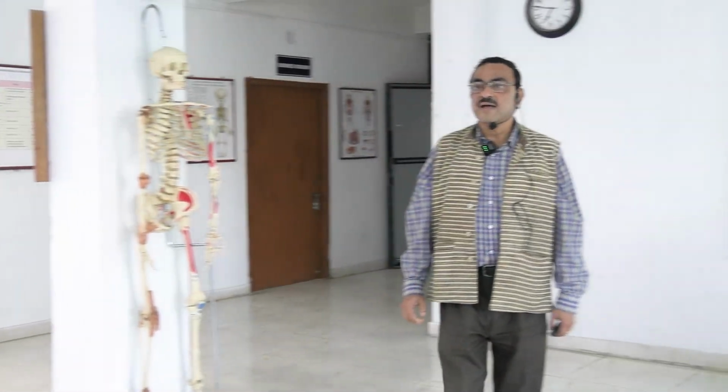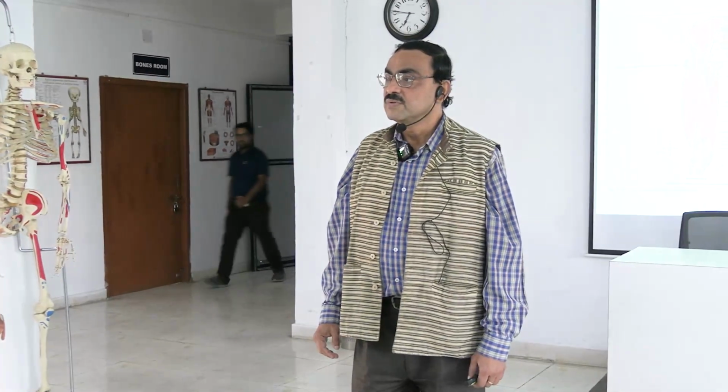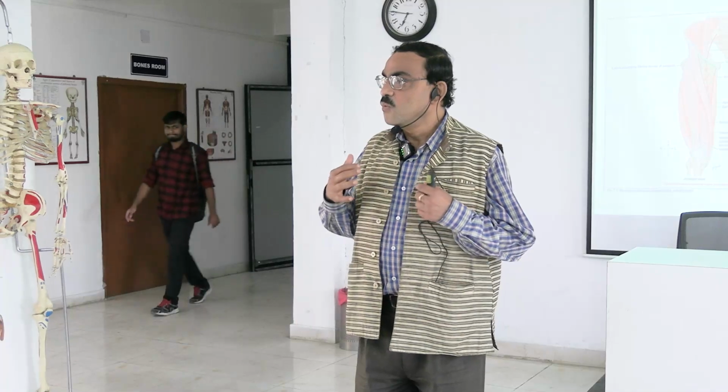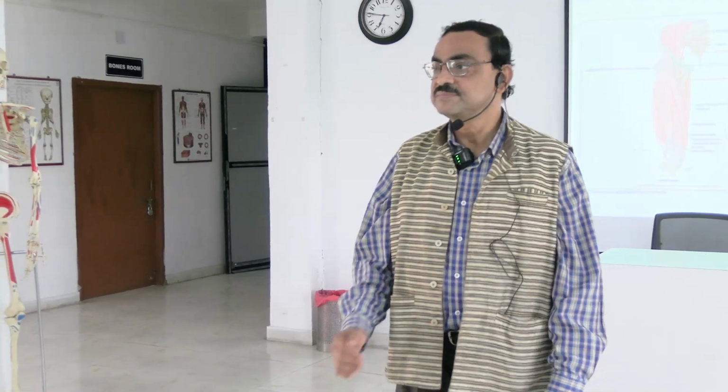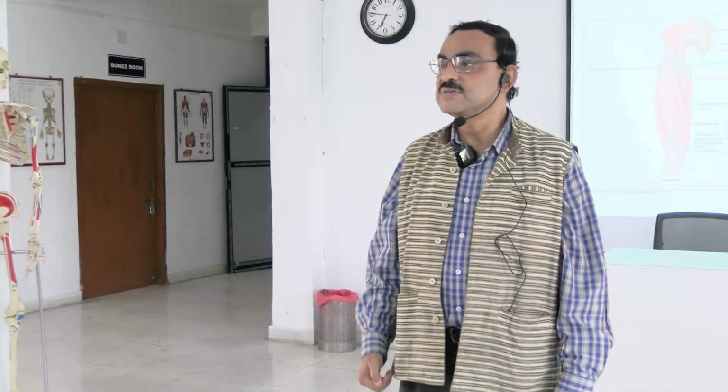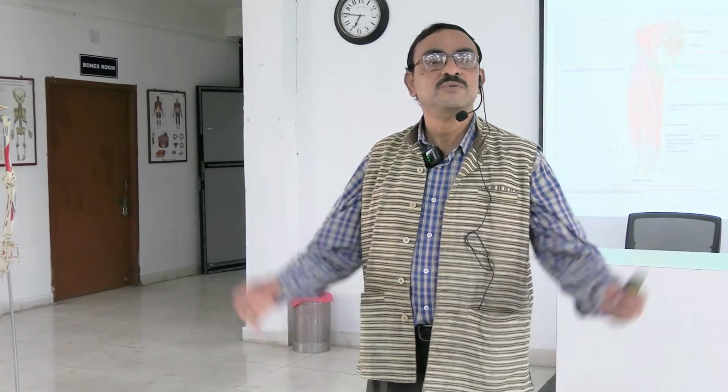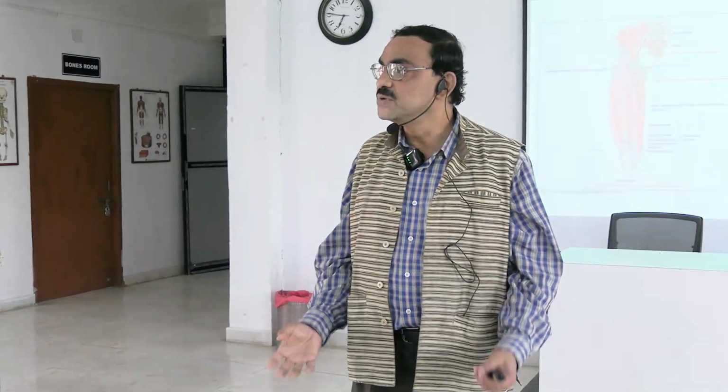So, most superficially we get the adductor longus muscle. So, when we get the muscles, first during our dissection we have to remove the skin where we will get the superficial fascia. In the superficial fascia, what do we see? What can we expect? That means the cutaneous nerves and the veins,